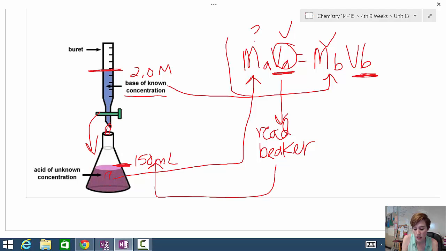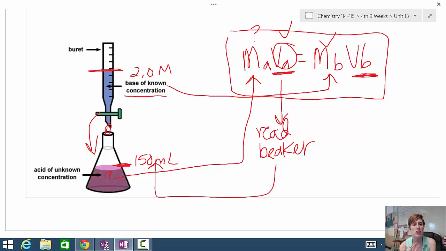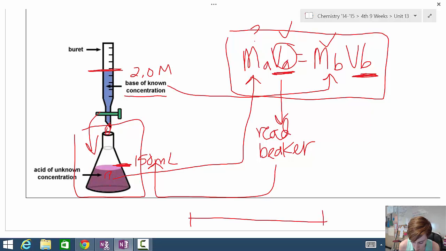Remember, this formula goes bust. We can't use it at all if this solution right here is not neutral. Okay, so we have to make this solution neutral. How are we going to make it neutral? By adding the base into it. Now you should start asking yourself the question, well, how will I know when enough base is added to make it neutral, right? So if this is my pH scale,